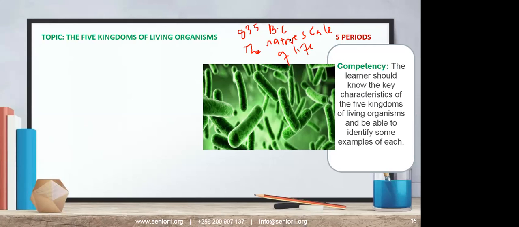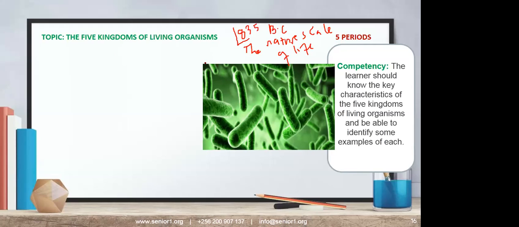So that guy wrote that book before Jesus Christ was born, Aristotle. A natura scala, the natural scale of life. And under this kingdom, after some years, there was a guy called Carl Linnaeus. Carl Linnaeus is the one who, with another guy called Robert Whittaker, brought in the 5 kingdom system, whereby the first kingdom of organisms that you cannot see using your naked